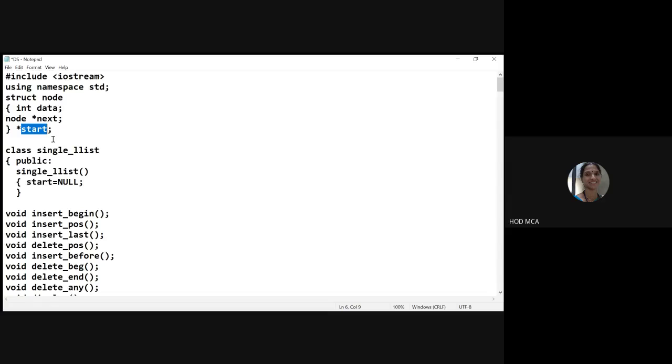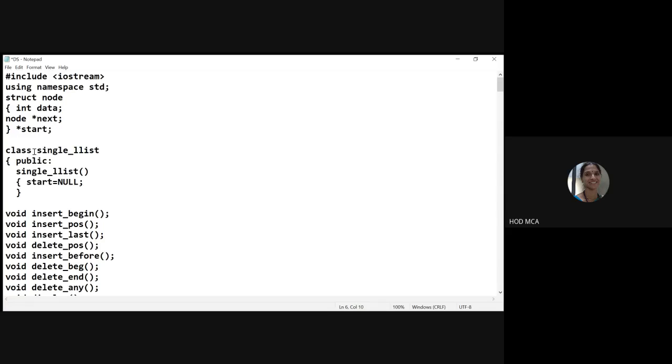Because unless you know the address of the first node, you will not be able to access the linked list, or in other words, you will not be able to traverse all the nodes of the linked list. It is not going to be possible unless you store the address of the first node, right? So this is the definition of a node. How do you define a node, right?